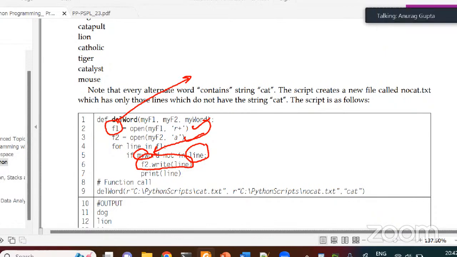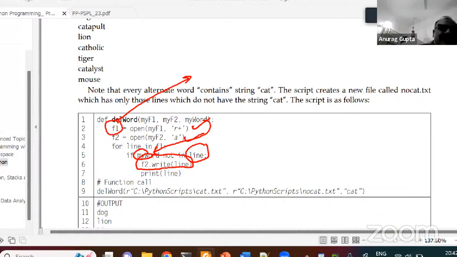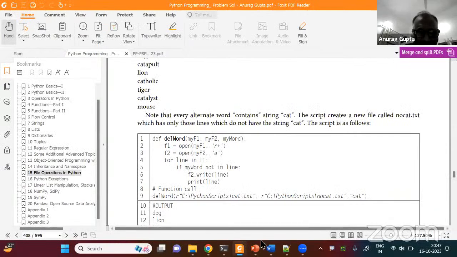Print line. Could we then also use R plus, because if it cannot read, it can at least write? Yeah, I'm not sure whether you can append in the R plus mode. I've not done that deep kind of study, but maybe you can try it on your own, right? You guys try it out. Since I've not tried it, I really can't say, because if I say something and it comes out something else, then only I will be proved wrong. So better to leave it to you guys to try it out.